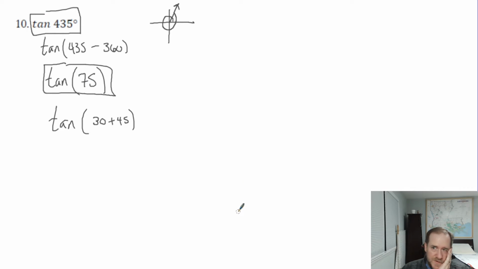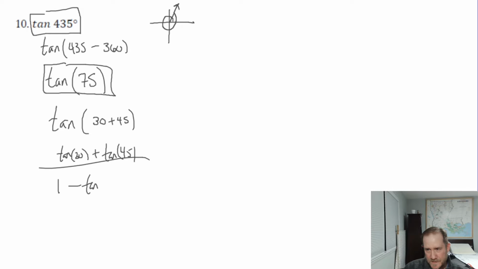I don't know if I'm doing this. I just don't feel like it, but okay, fine, I'll do it. I'm going to be really lazy about it though. So it's going to be tan 30 plus tan 45, all over 1 minus tan 30, tan 45. That's messy as heck. I'll try to be cleaner in the next few steps, but up here, we know that